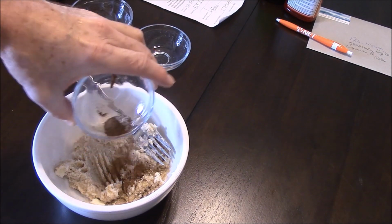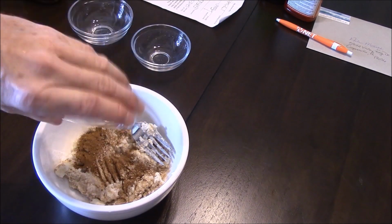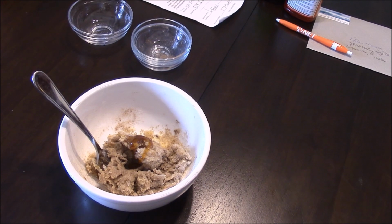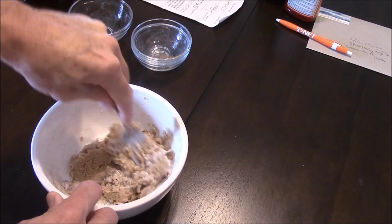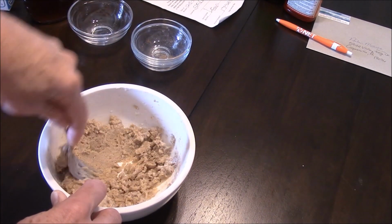Mix that all in. And then I mixed in, just my touch, a little bit of honey, and then I whipped in pretty good a little bit of cream. And actually, I have seen where some recipes call for melted ice cream. And I guess that just kind of emulsifies it a little bit and gives it a little bit of richness